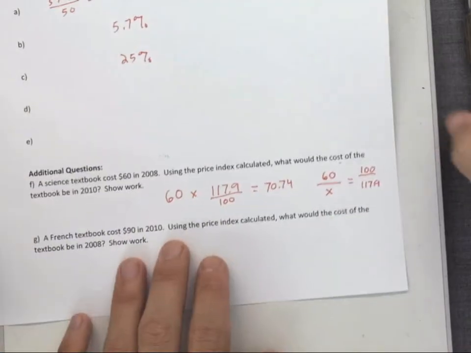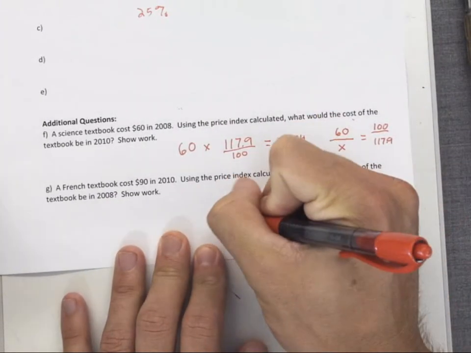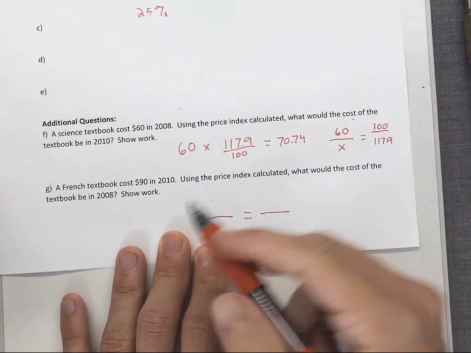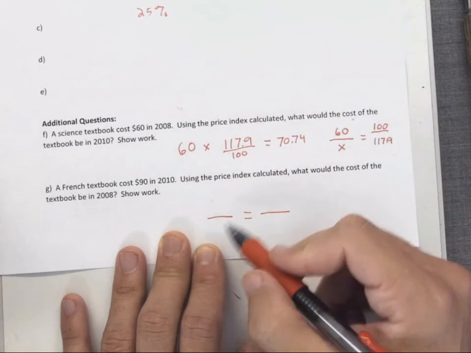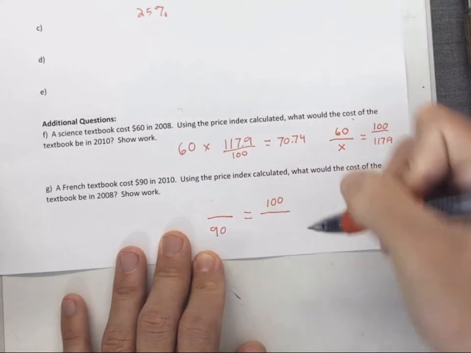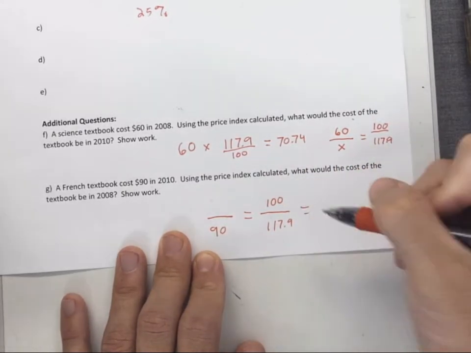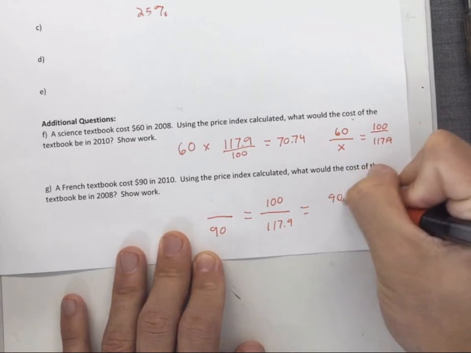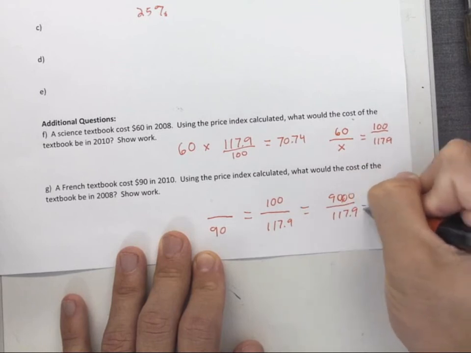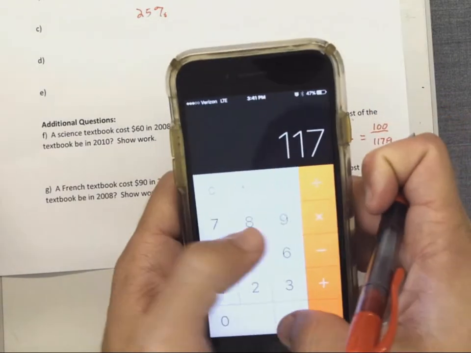So let's set up letter G here. Same scenario here, except this time, and I'm going to just use the cross multiplication example because I actually like it because it's easier to explain. We don't know the 2008 price of the textbook, but we know that in 2010 it cost 90. We know the price level in 2008 was 100, and we know the price index in 2010 was 117.9. So now we're going to say 9,000 divided by 117.9 equals,